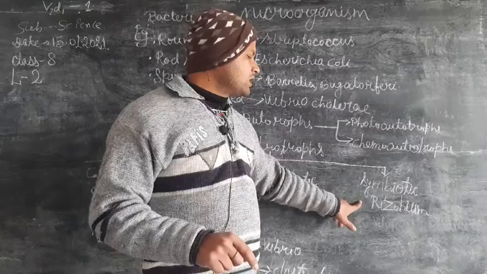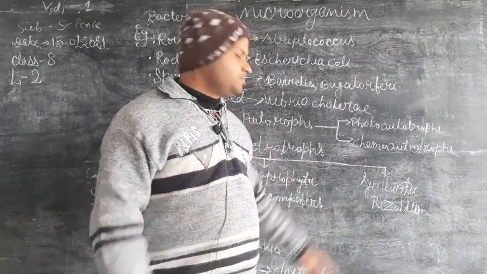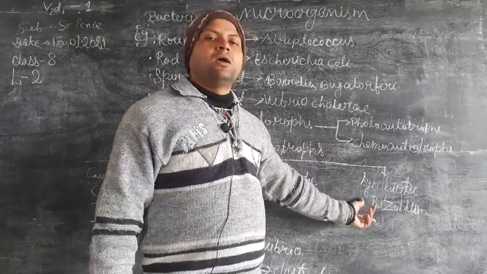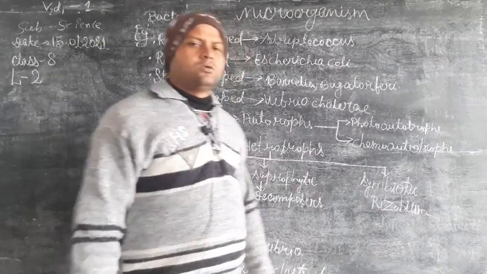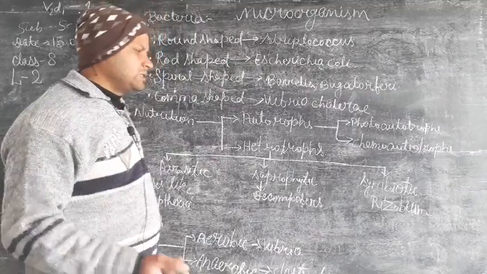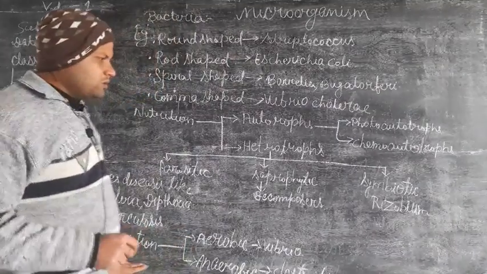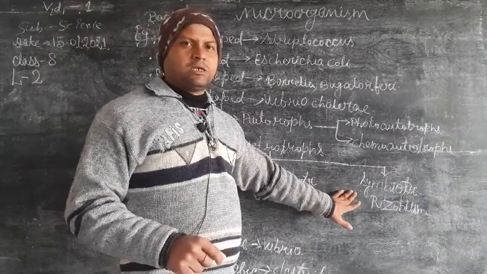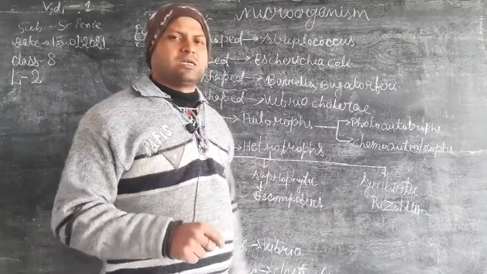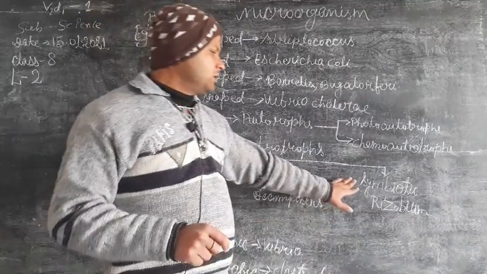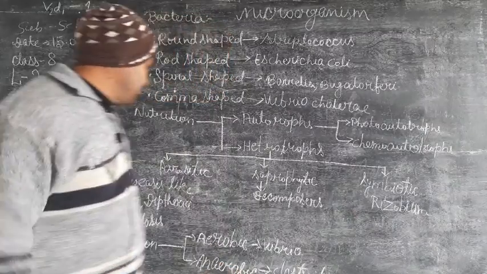And symbiotic bacteria are very useful nitrogen fixing bacteria, just like Rhizobium, very useful for leguminous plants to provide nutrients and make the soil fertile also. So Rhizobium lives in leguminous plants in a relationship that is called a symbiotic relationship. So these types of bacteria are called symbiotic bacteria.